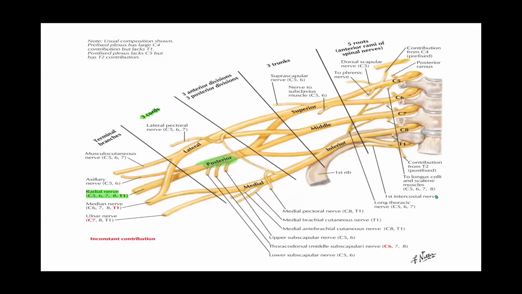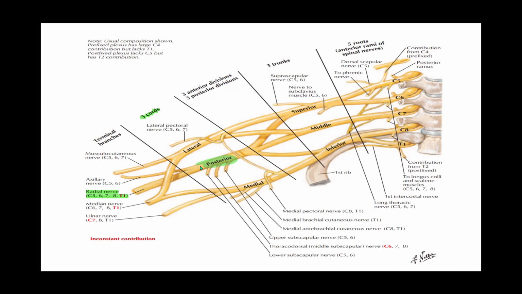So this image is extracted from the Atlas of Human Anatomy by Frank Netter. On this image, we can see the brachial plexus. Okay, we can see a schema of the brachial plexus. On this image, we can see that the radial nerve has a nerve root of C5 all the way to T1. And we can see that the radial nerve is a terminal branch of the posterior cord of the brachial